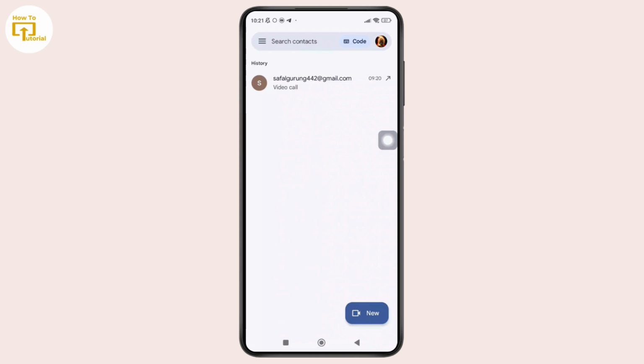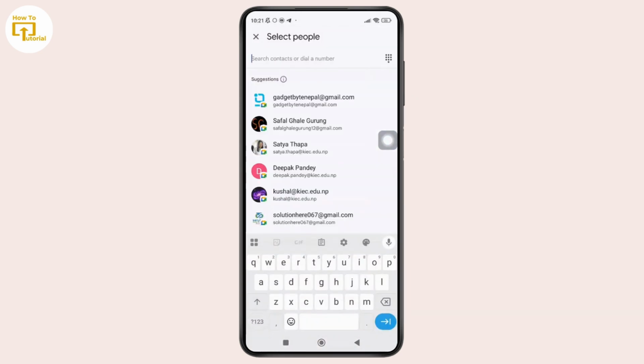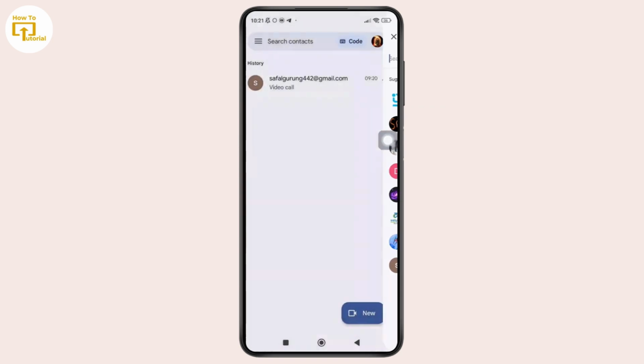So first things first, open the Meet app on your phone and make sure that you're logged into your account. And here, if the person is in your recent calls or chat list, simply find their name. But if they are not there, you can tap on the search bar at the top and simply search for the Google contacts. And once you have located them, simply long press on their name, and after that a pop-up